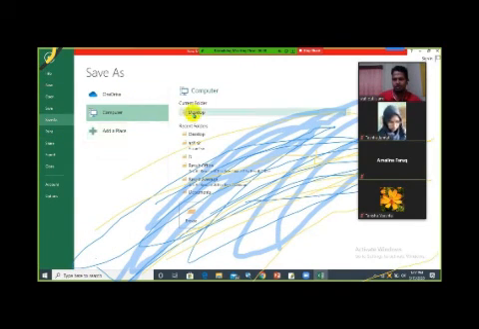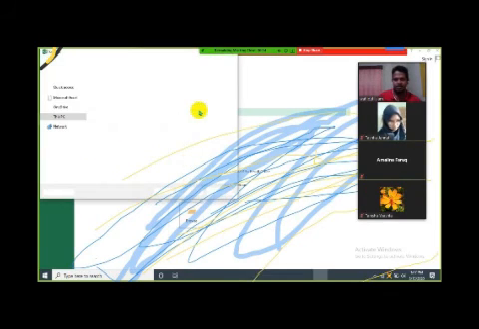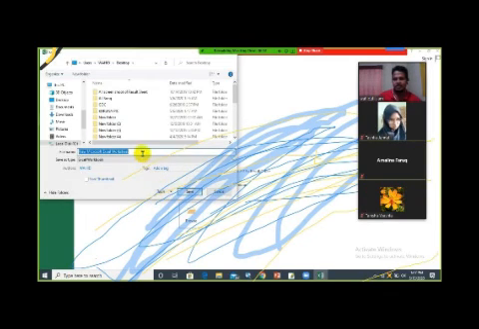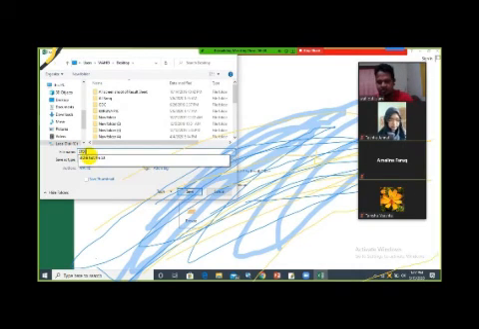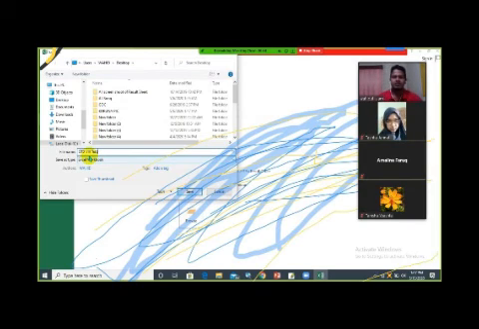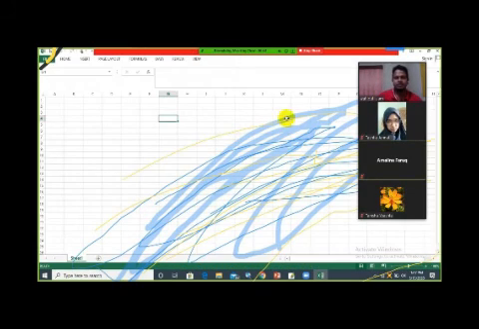So to save it, just click Office, click the File menu or Office button, then save as, then identify the location, such as the desktop. Then we'll write the file name here, std8 test file, then save. Then we can save it, right? So this is all about it. Later, if I get the chance, I will show you how to do addition, subtraction, multiplication, and some other calculation in an MS Excel file.